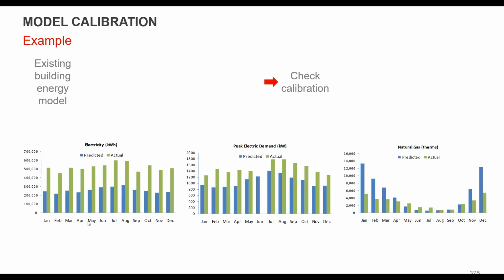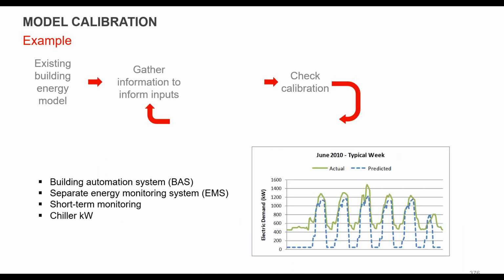So the first pass on the calibration, again, this is just throwing the utility bills next to the model. You'll see that the actual electric was nearly double on a kWh basis. Demand was consistently off, not double, but it was a pretty consistent value, higher in the actual building than in the model. And the gas was the opposite, right? We were predicting very, very high gas loads in the wintertime, and we were seeing less than half of that consumption. So first step, compare, right? In visual, it's really easy to see, okay, we've missed something. There is a miss here.